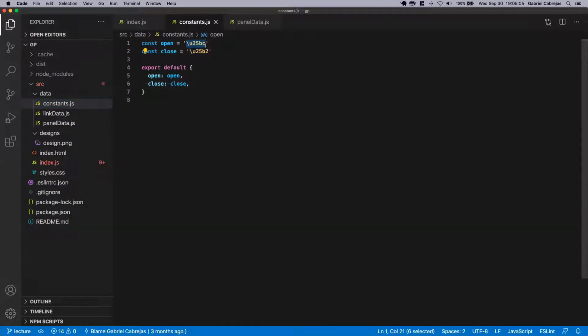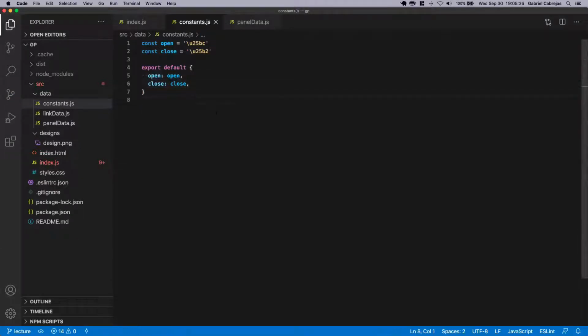This is the arrow pointing downwards, and this is the arrow pointing upwards. In HTML, Chrome will render these strange-looking strings as arrows. And it would absolutely suck to have to pepper our code base with strings as horrible as these, so we save them into variables in this constants file,